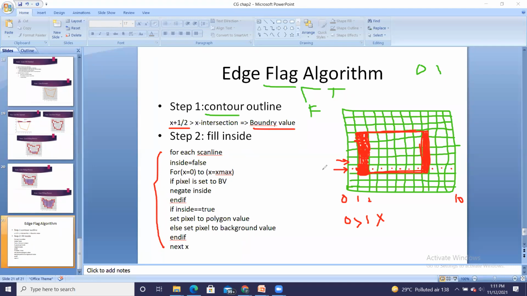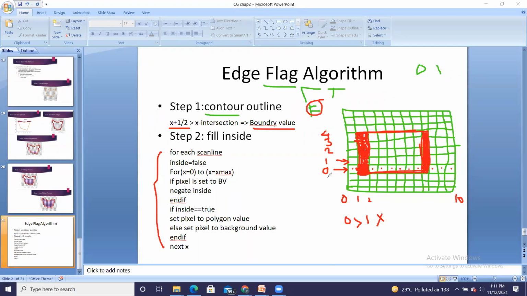So I will start coloring from scan line number 0, scan line number 1, scan line number 2, scan line number 3, and scan line number 4. For each scan line, first I will set a flag. This inside is a variable acting as a flag. I am going to store a false value to this inside flag first.